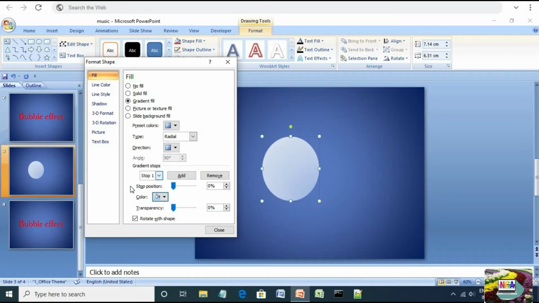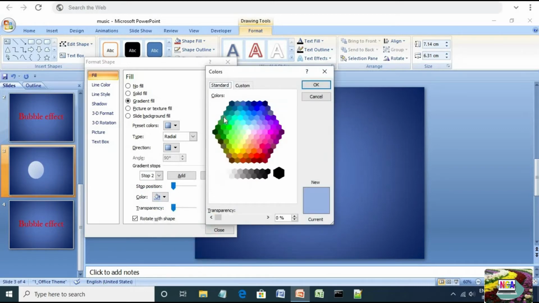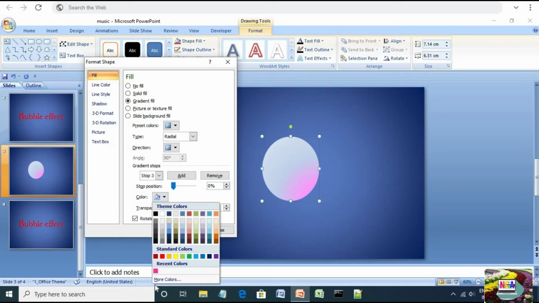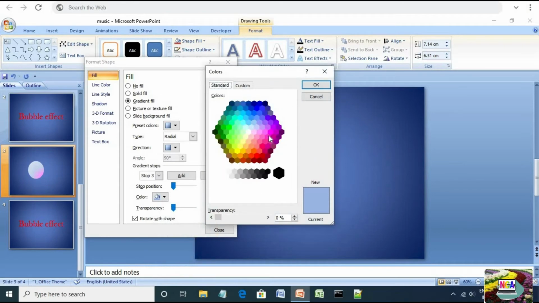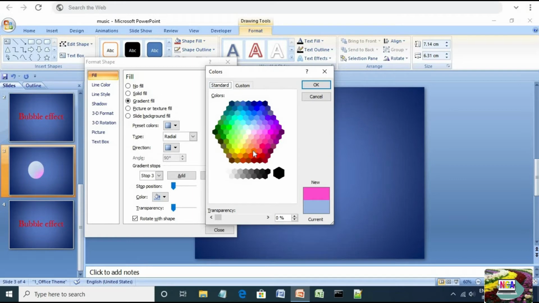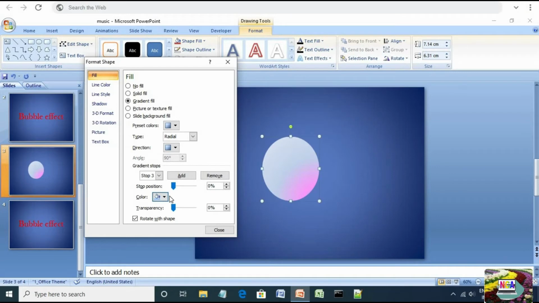The stop position for stop 1 is 0 degrees. For stop 2 is 19 degrees. For stop 3 is 39 degrees.